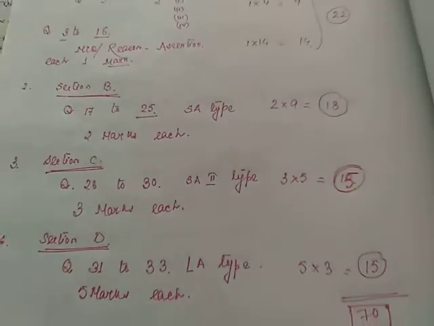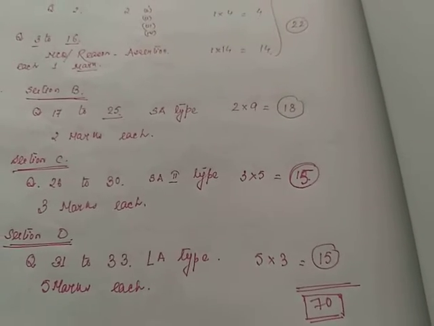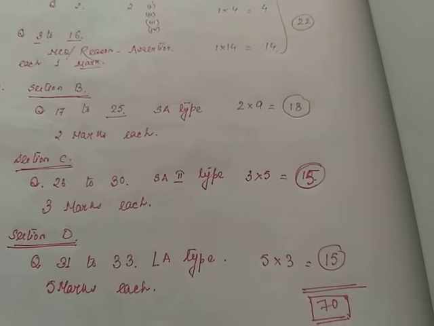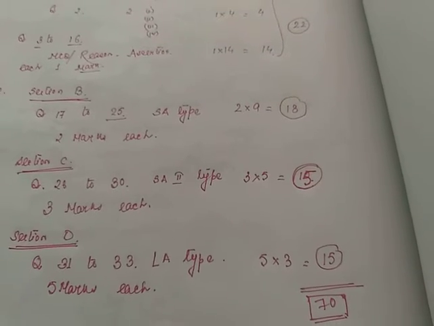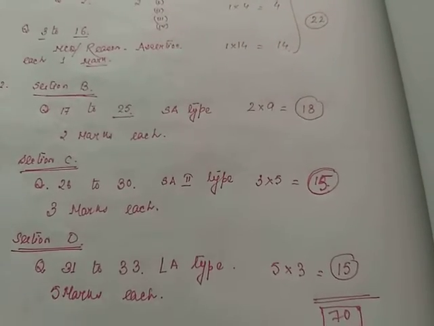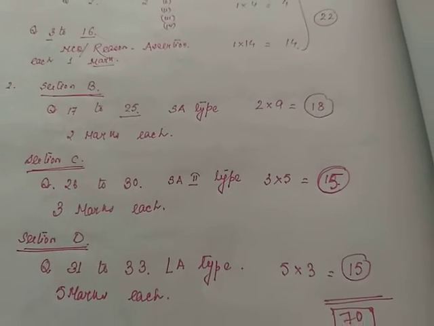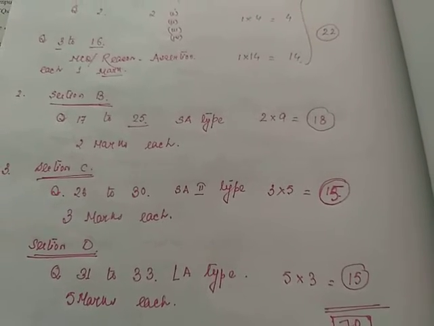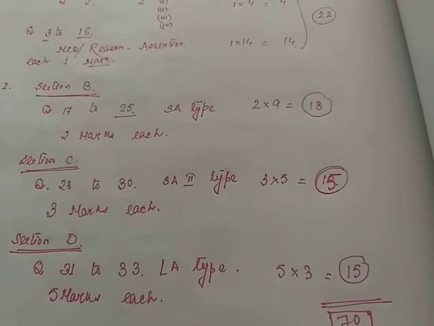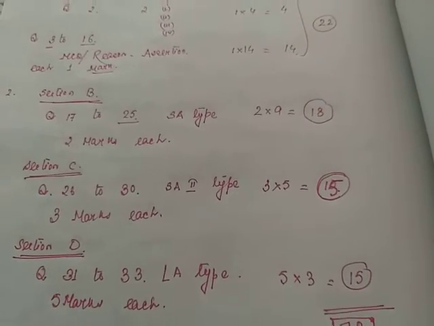Now here you will not have overall choice, but the internal choices would be provided. For example, question number 5 and its OR would be there. You have to attempt any one. Mostly all the questions of section D are having the alternative choices, and do not ever think that it is a 5 marks or 3 marks question, meaning overall a 3 marks or 5 marks question would be there. Generally the subparts are there.